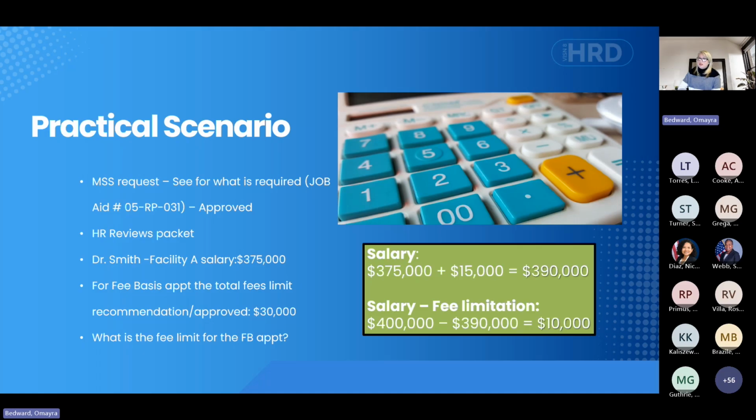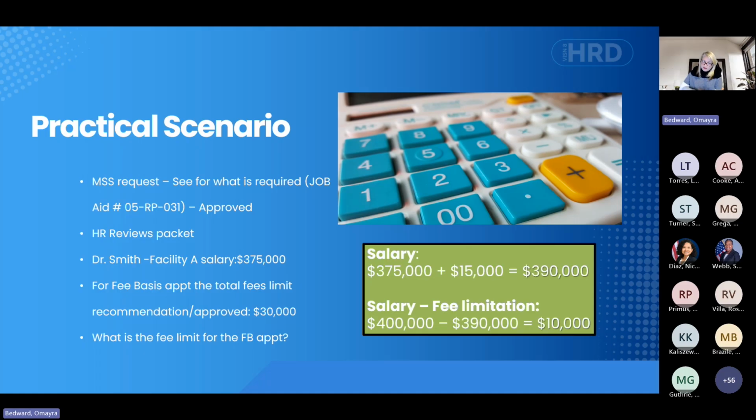However, for physicians, dentists, podiatrists, and optometrists, they have an additional part of their salary. I mentioned that they get performance pay, and that performance pay is up to 15,000 or 7.5% of their salary. So if we take that into consideration, how much is left after we add that 15,000? I see 10,000, I see 40K.